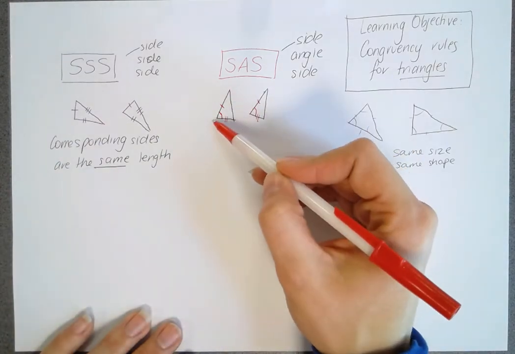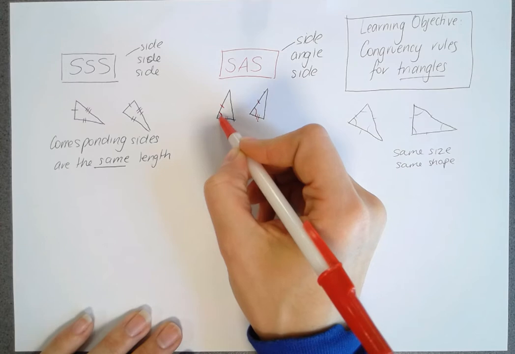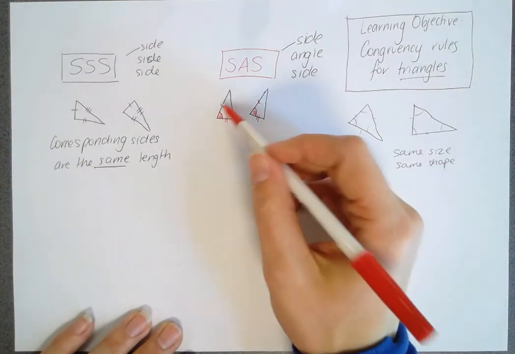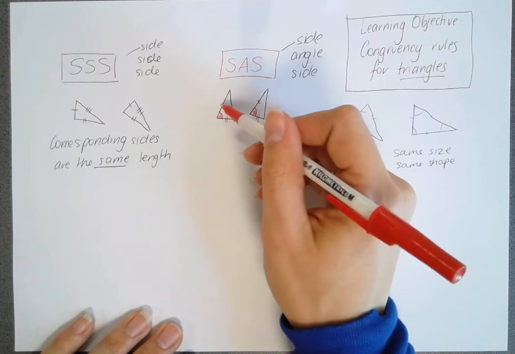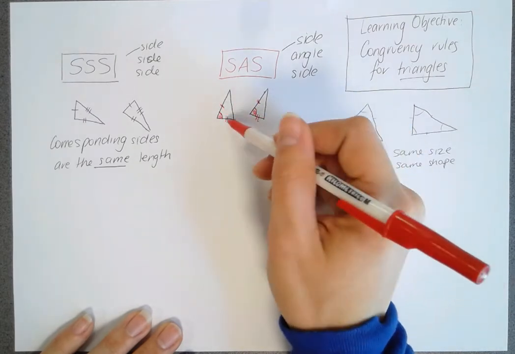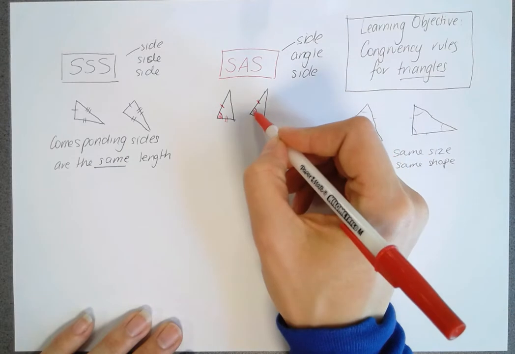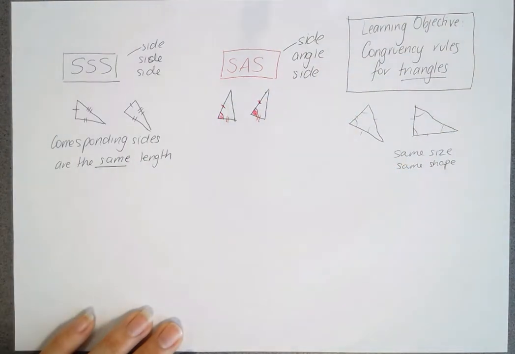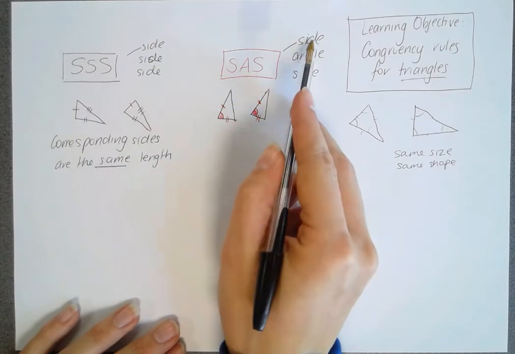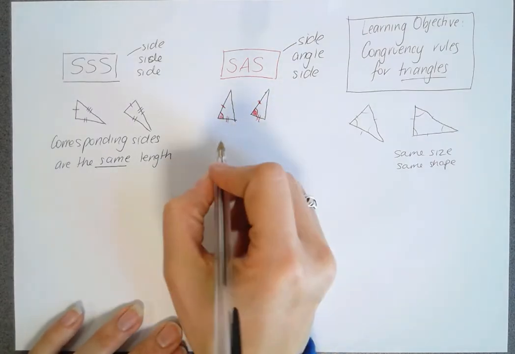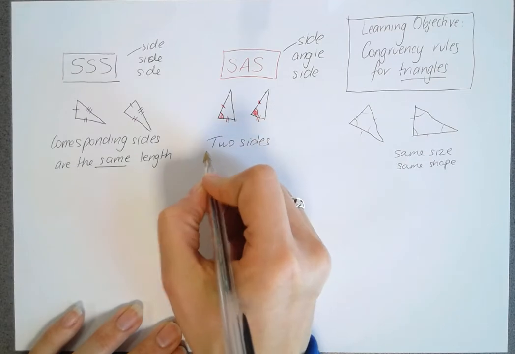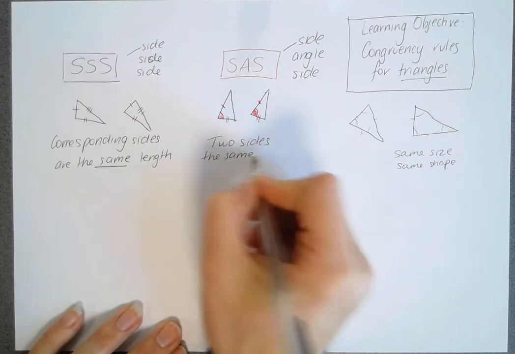Okay, now you've got to have a look, because these are the included angles. The included angle meaning the angle is in between our 2 important sides. These correspond and are the same length. That's what these dashes mean. These sides correspond and they have 2 dashes, meaning they are the same as each other, and this included angle is important. So triangles that are congruent because of the side angle side rule have 2 sides the same length